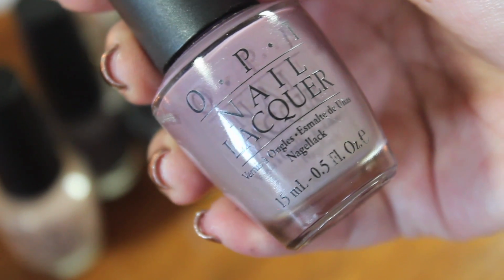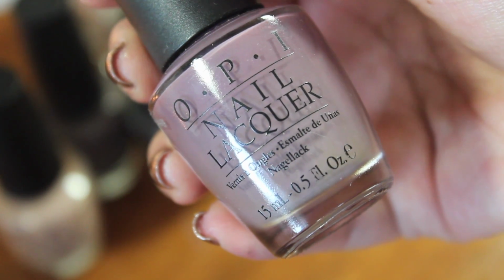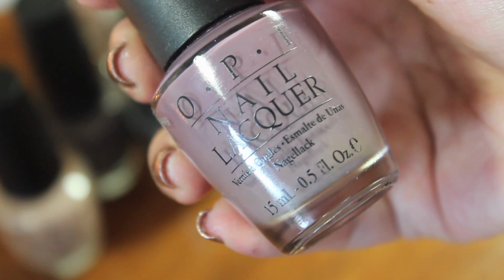And this was just the be-all, end-all of purpley gray beige colors. This is just an off purple, off brown, off gray color. It is beautiful. It is just the original chic purple color. It is phenomenal. It's got a perfect formula, and I have no bad things to say about it, aside from the fact that OPI discontinued it, and that was